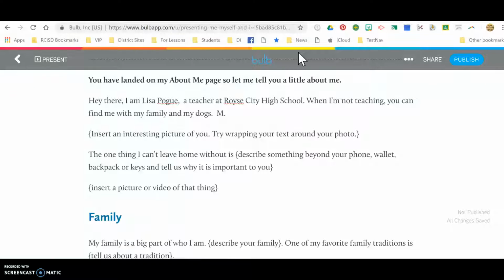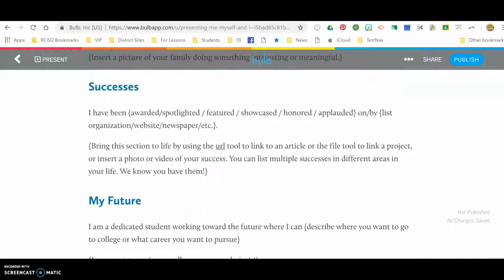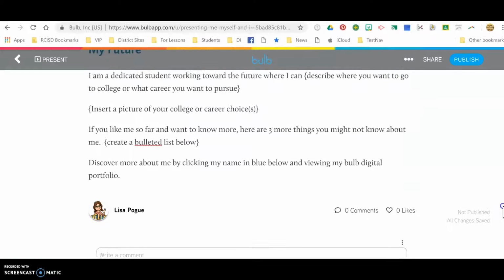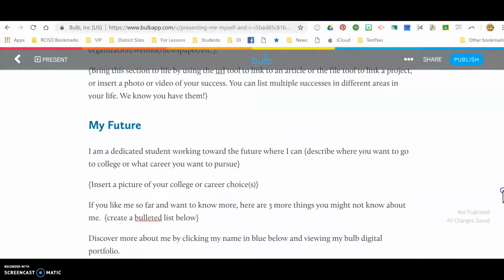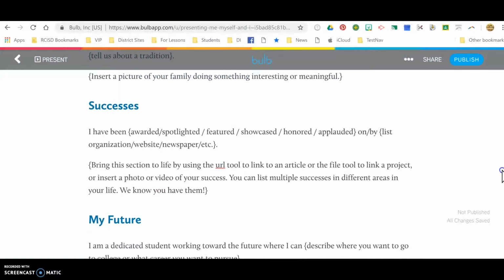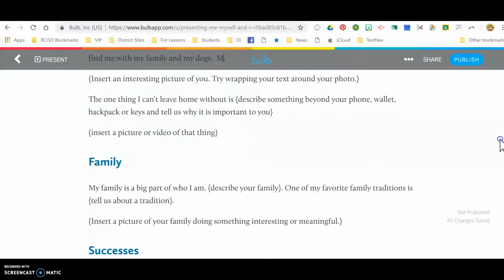I'm not going to type all of this, but this is just a bare basic. I'll make a sample and post it so you can see it. It gives you an example. You could add a picture. You could tell about your family. You could tell about your successes. You do not have to have all of these categories. These are just some suggestions. You also don't have to use these exact paragraph frames. You can be creative. So it just depends on you, how much you want to add to it, and how much